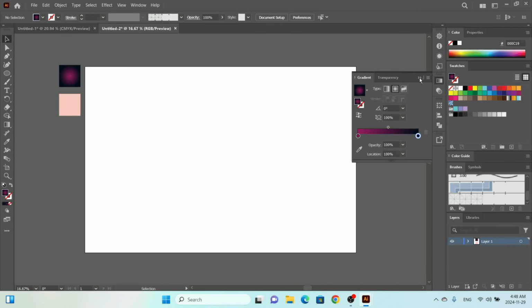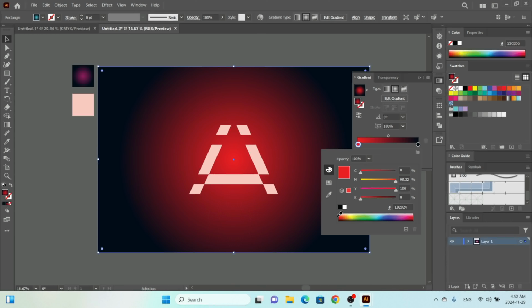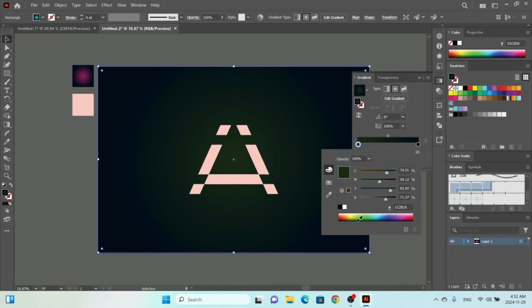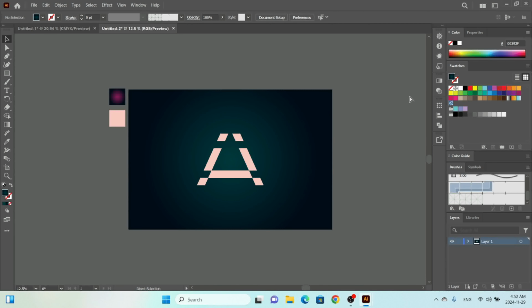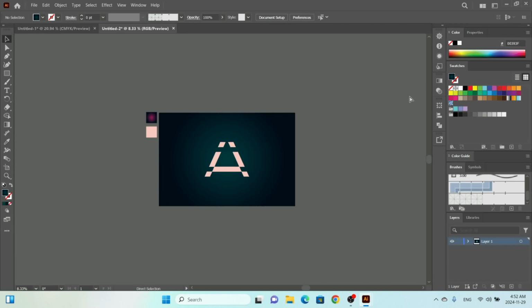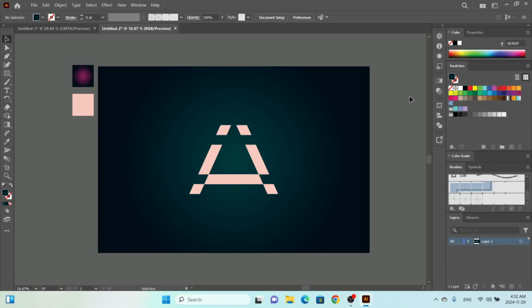For this, I'm going to change the background to something. Let's try to go with something. This is going to look good, looks good. So this is how we use Adobe Illustrator to make this kind of letters, creating our own custom